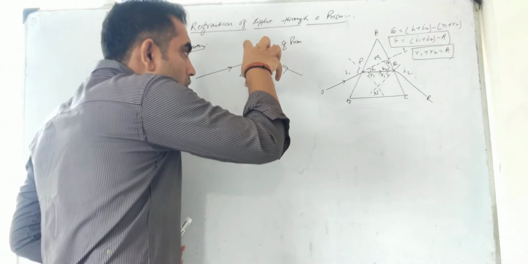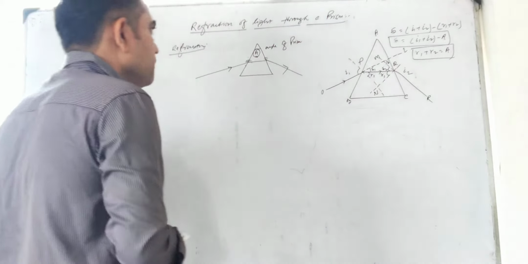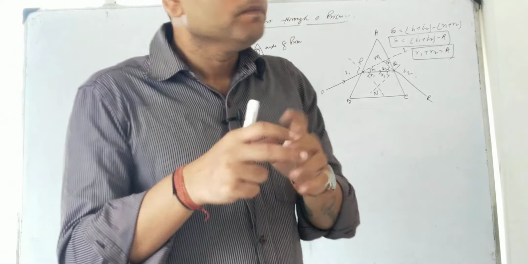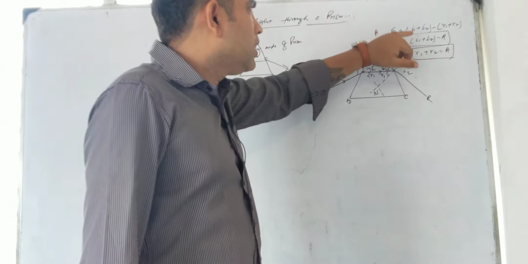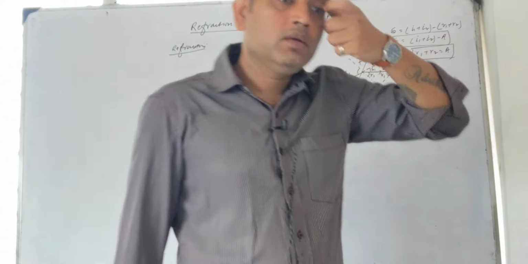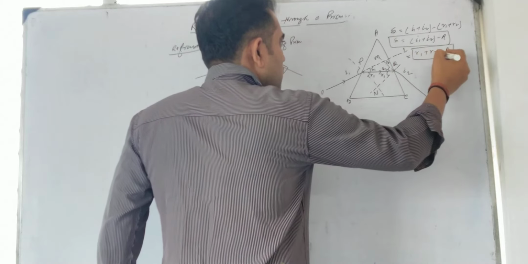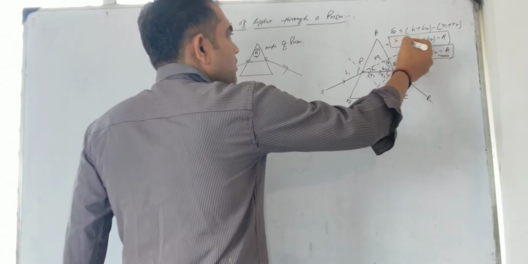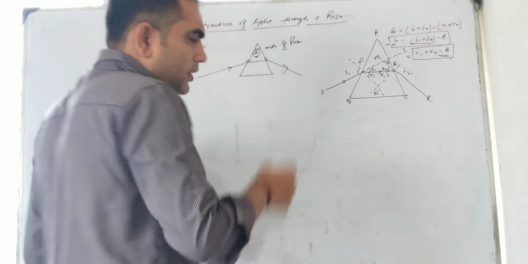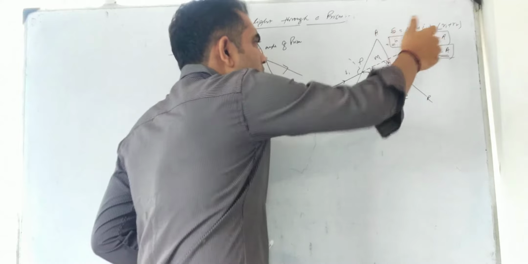So what exactly are we going to do now? We are going to do the prism derivation. Whenever light passes through the prism, the angle of deviation del equals I1 plus I2 minus R1 plus R2, where I1 is the angle of incidence at the first surface and I2 the angle of emergence. Second, we will prove that R1 plus R2 equals the angle of prism. Third, we will prove that the angle of deviation equals I1 plus I2 minus A, that is, angle of incidence plus emergence minus angle of prism. So we will do three derivations here.